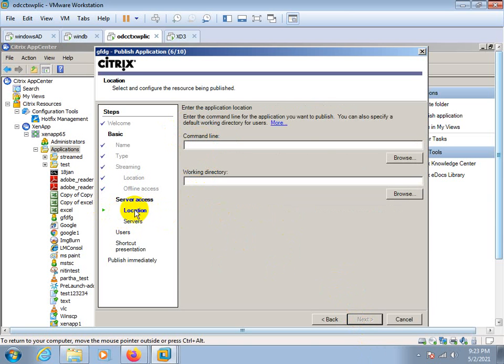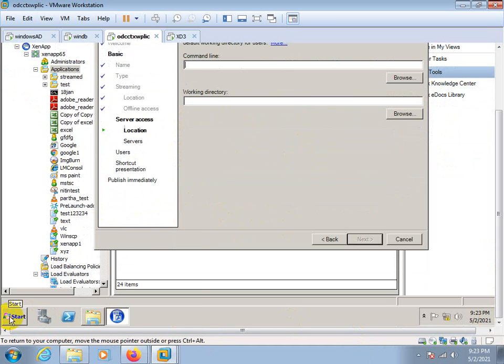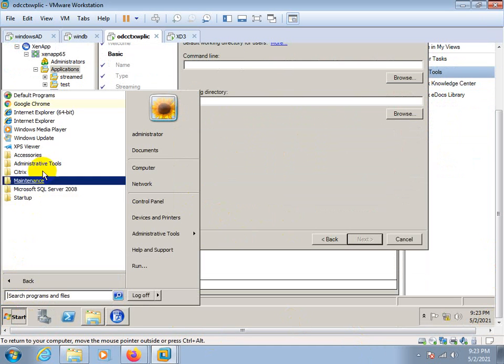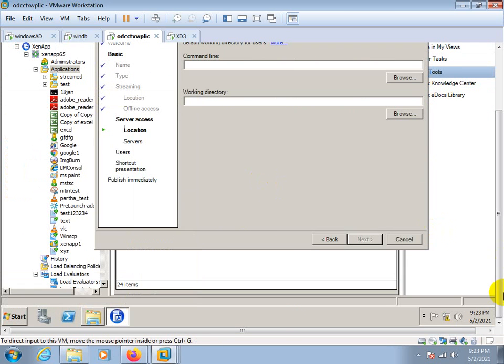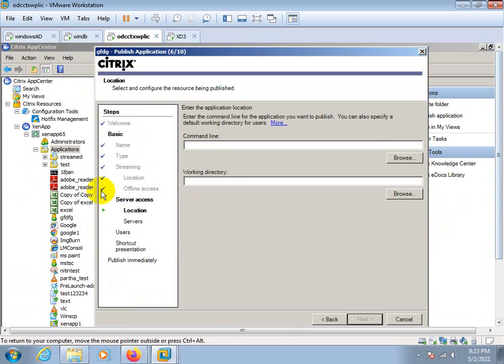For this you need to check whether the application is installed on the server or not. If it's installed over here, you can provide this. It means doing both things: it will launch the application through the streaming profile, and if the streaming profile is corrupted or not available, then the user will access the application from the server on which we have installed the application.